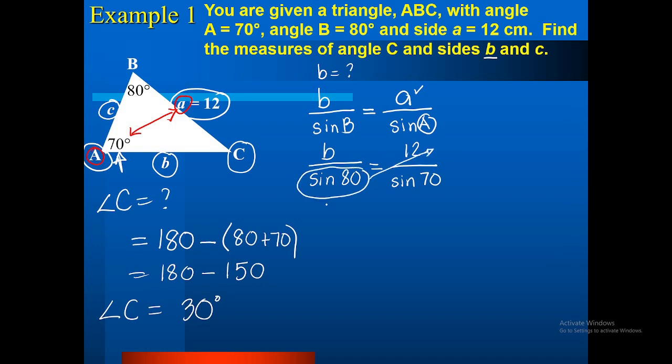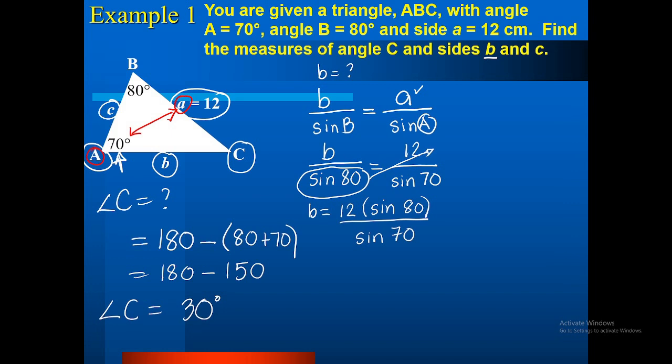So, meaning, B is equal to 12. I will multiply it by sine 80. After that, sir, I will divide it by sine 70. Kindly make use of your calculator, please. How much is 12? Multiply it